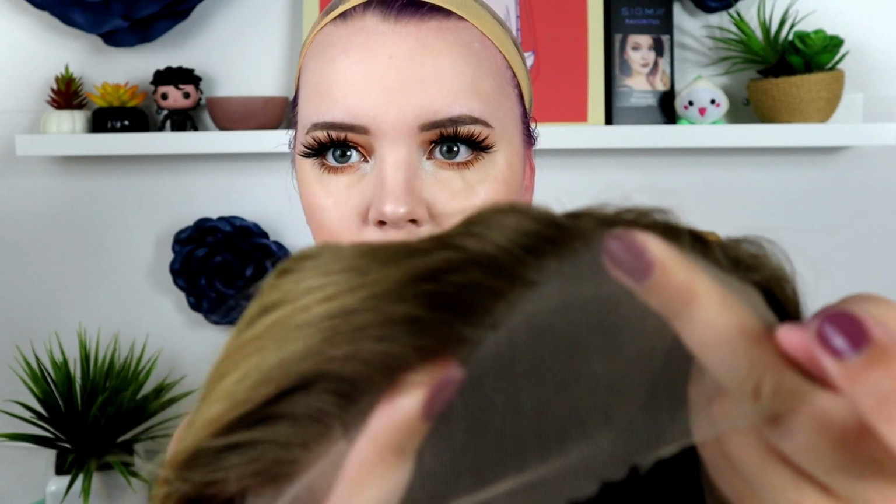It looks like it has a little bit of, here's the regular part and then it comes out a little bit, which looks a little more natural. We'll see how it goes around the ear. I'm going to go ahead and cut off the lace now. I do like that the roots are a little bit darker though. I don't want roots in my real hair, but it looks more natural on a fake